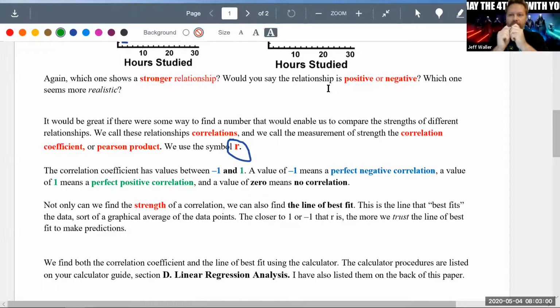R is sort of like, in a sense, a two-dimensional standard deviation kind of thing. It measures how strong a relationship is. If it's perfectly positively correlated, what would that even mean? A perfect positive correlation would mean that you have points that perfectly